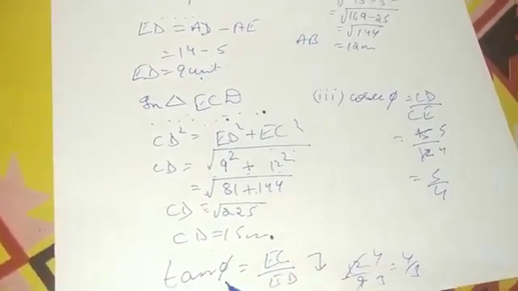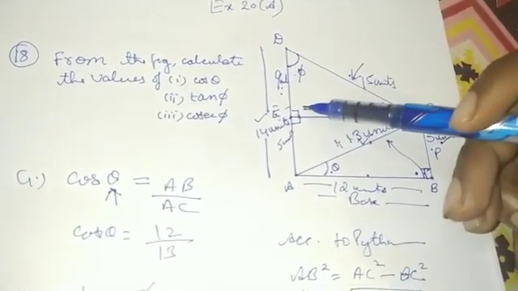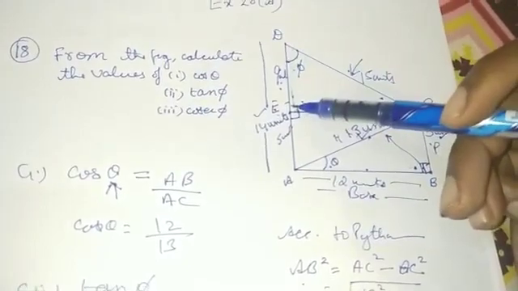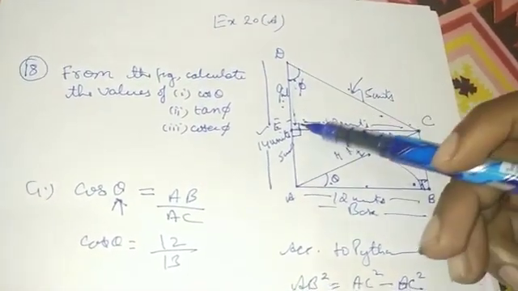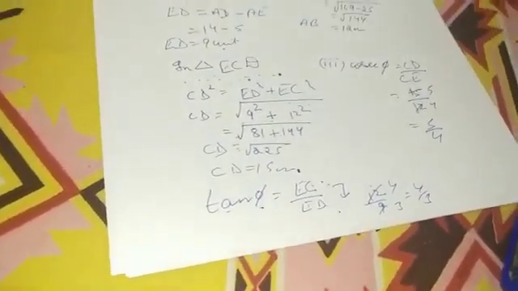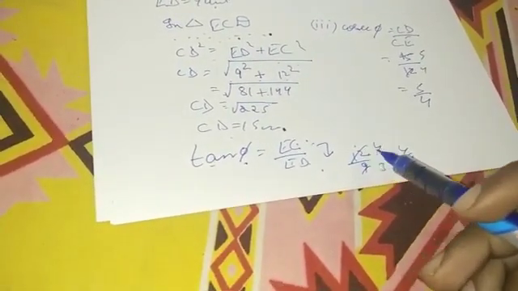So that means tan phi. Now again we'll have to see which side is going to form the base. The side on which 90 and phi is present will form the base for this triangle. So that means we know that tan theta is equal to perpendicular upon base, so perpendicular over here will be CE and base will be ED. So it is CE upon ED, that will be 12 upon 9. You will have to simplify. Always remember you will have to simplify. Why? Because a ratio can always be represented in the simplified form. So we'll have to show the simplification.